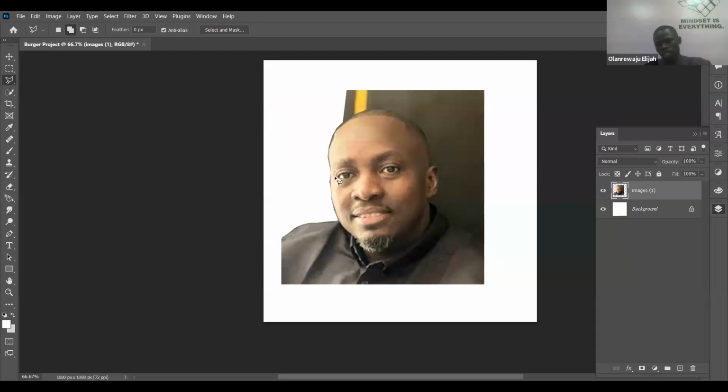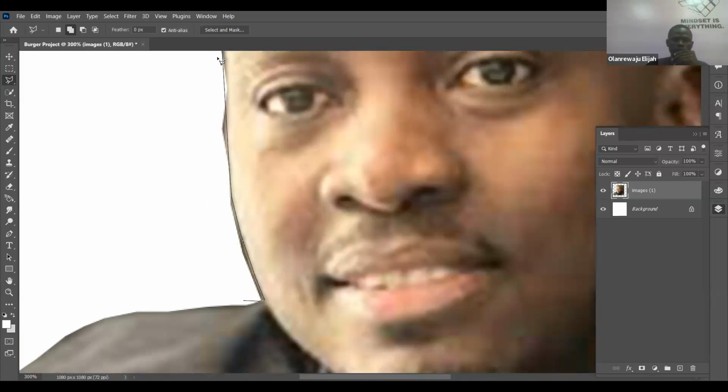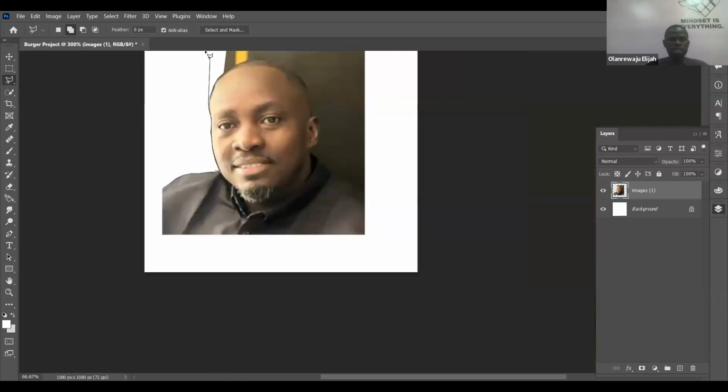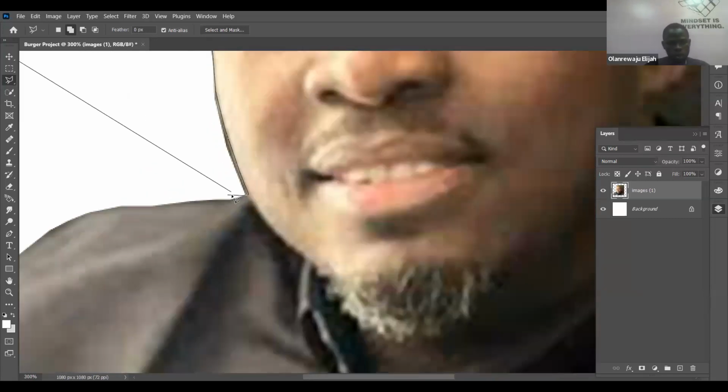Can we see now? But we can see that it's not perfect. Can we see these edges? That's why it's important that you zoom in, so you can see all the details very well before you start cropping. I want to start here. Can you see where I started? So now I want to crop it better. Tracing it. It used to take time, but you just have to do it. So now, you remember I said you are going to come back to where you started.